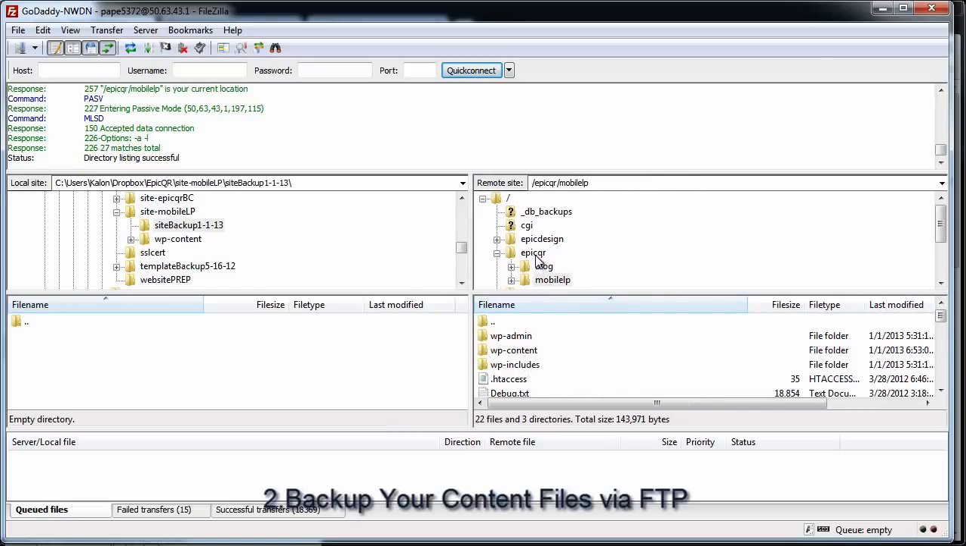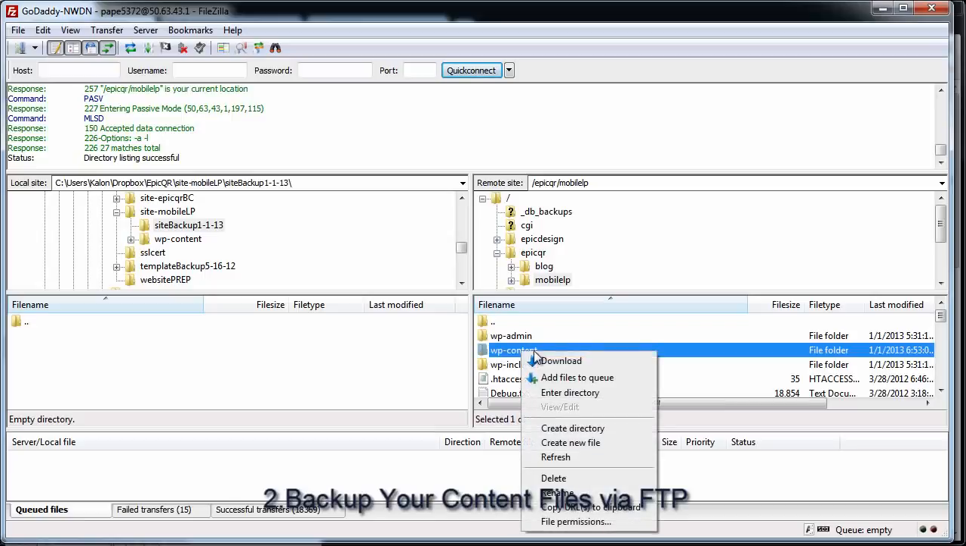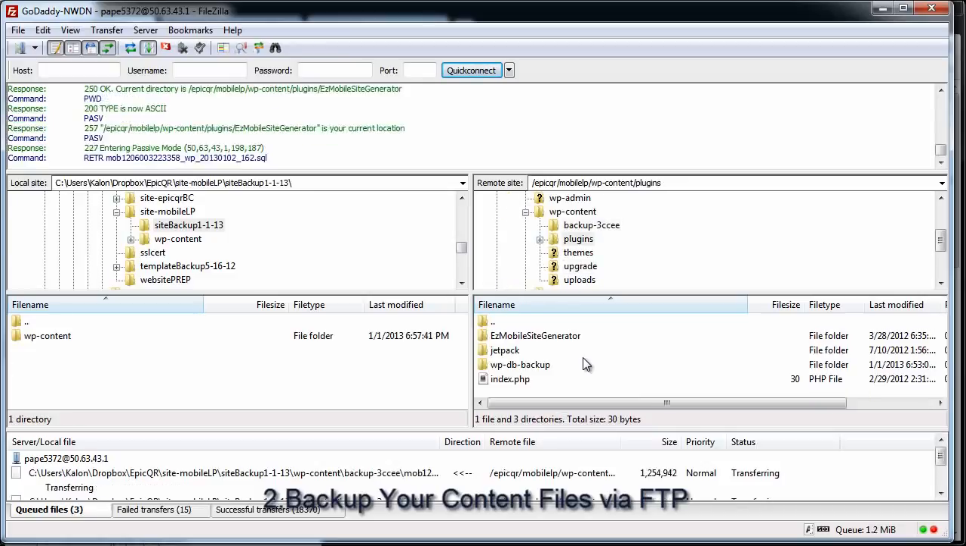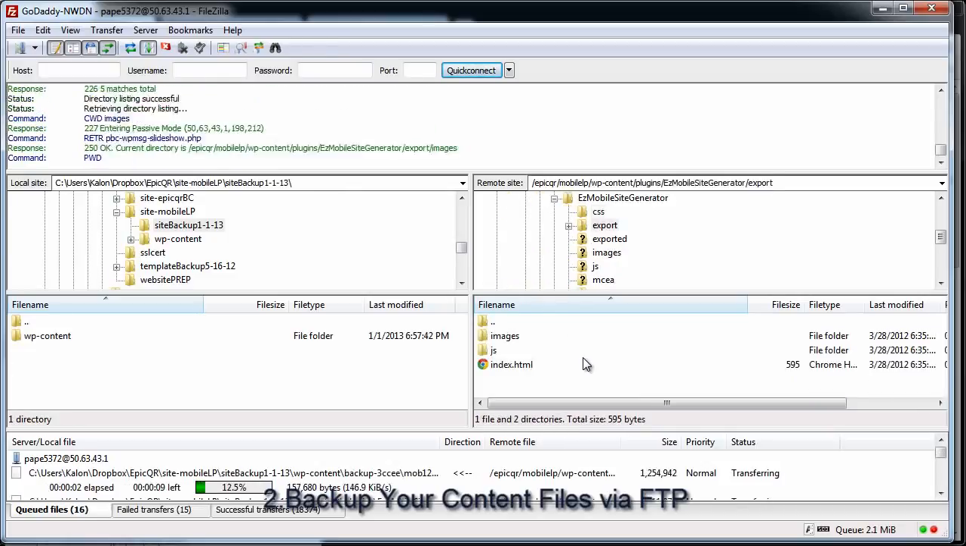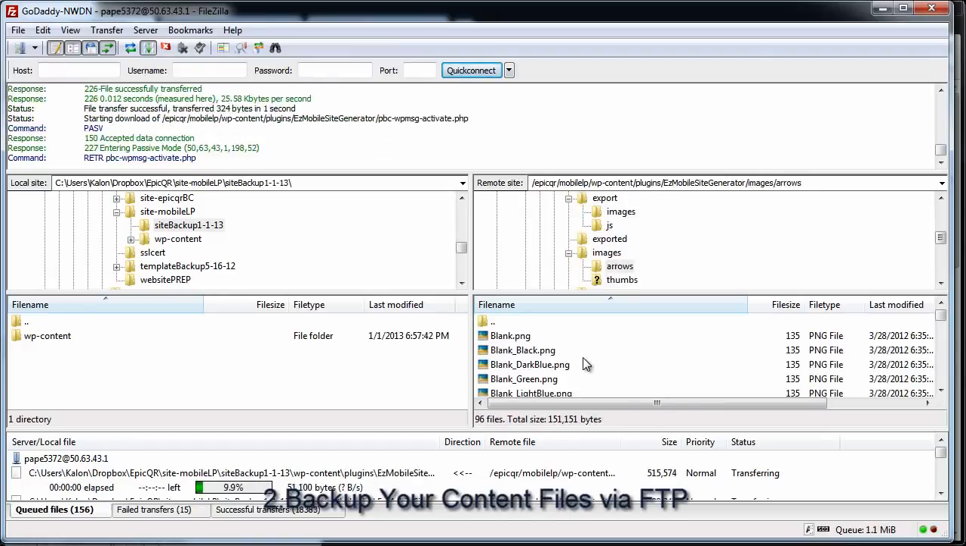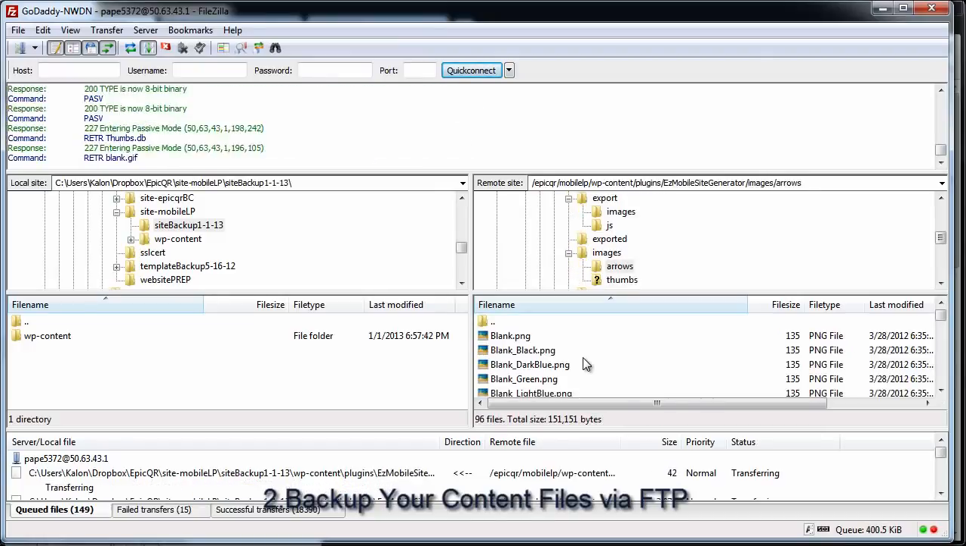You can see this is my whole install right here, and you have three main folders in your WordPress install. You have your admin, your content, and your includes. What we're going to do is right click on your WP-content folder, and we're just going to download the whole thing. It's going to take a minute or two, but this contains not only your theme but also your plugins and also your